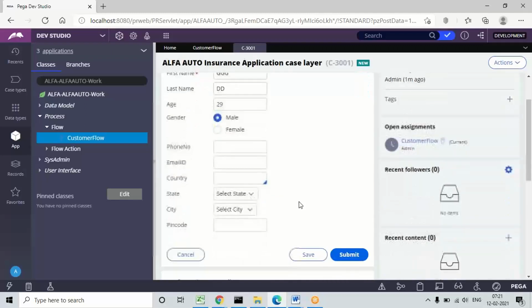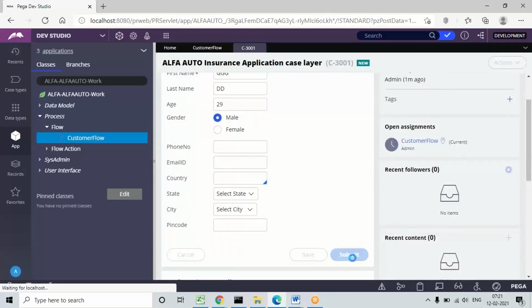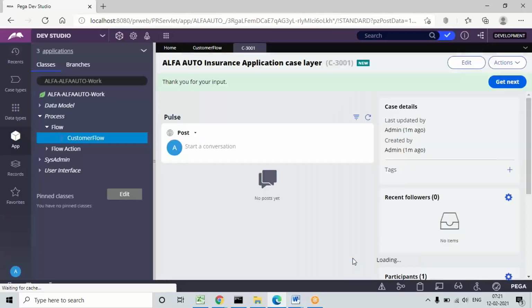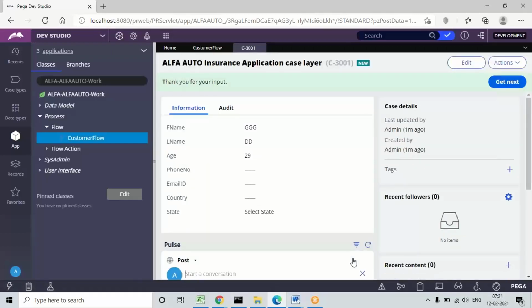So I'm giving only a few fields, just submit the data. As of now there is no database connection, but you will understand more about the clipboard in the next scenarios. After submitting, this page should stay open. It should not close this tab, the work id tab which is generated in my application. So don't close the tab, and now you can open the clipboard.